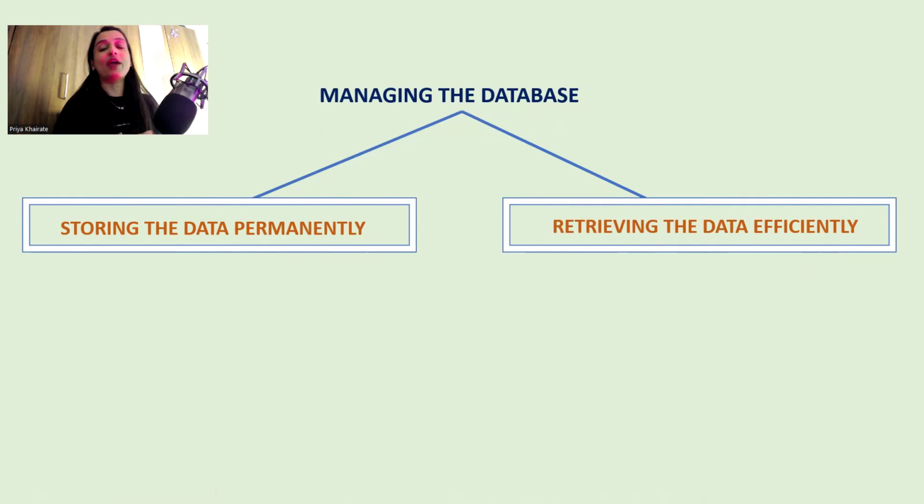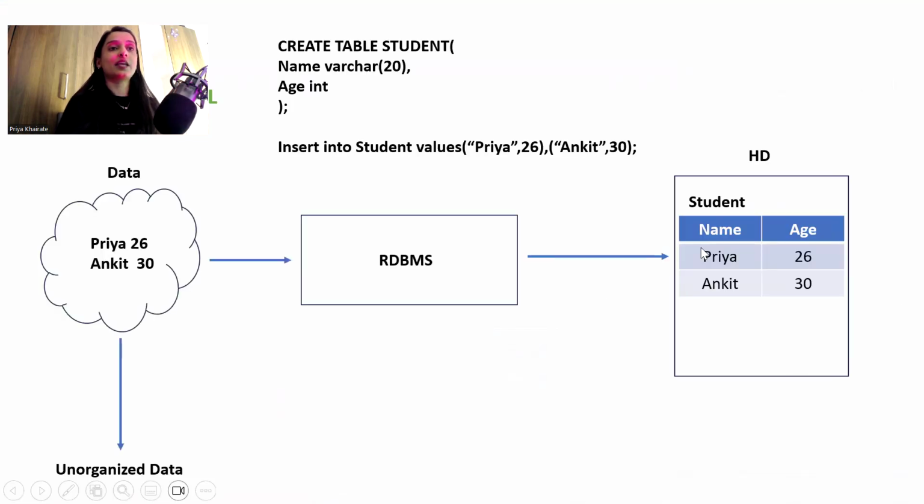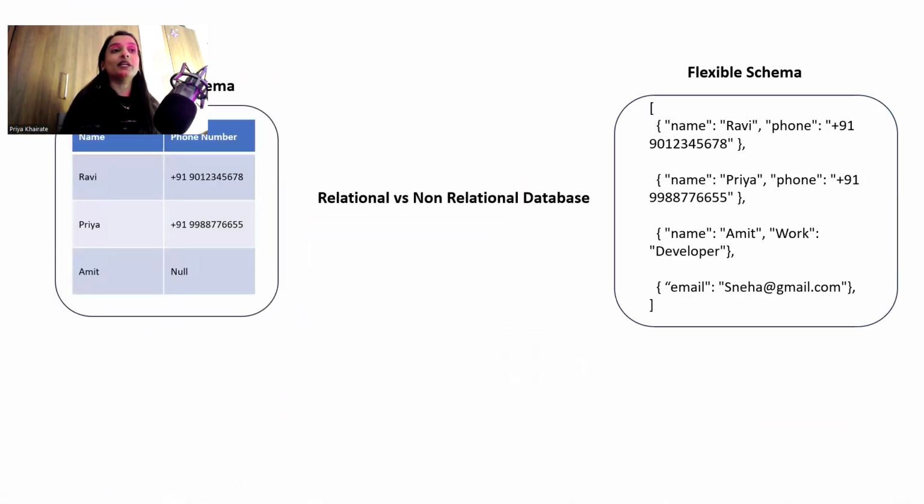For example, let's say you have a table. Maybe in the last class, we created the tables. Let me go through it. Let's consider this table, where we have name and age columns. If you ask your RDBMS, give me the age of Priya, your RDBMS will go into the table and give you the age of Priya. This is what we call retrieving the data. But before you retrieve, before you ask for data, you should first store and organize the data, right? That storage part we completed in our last video.